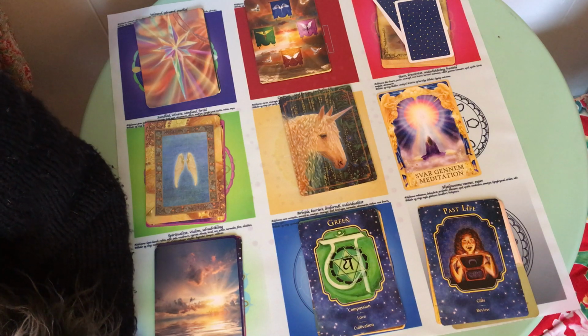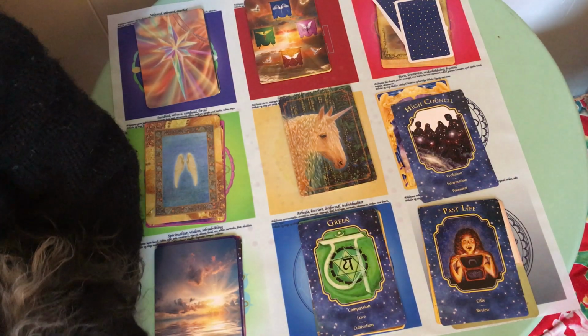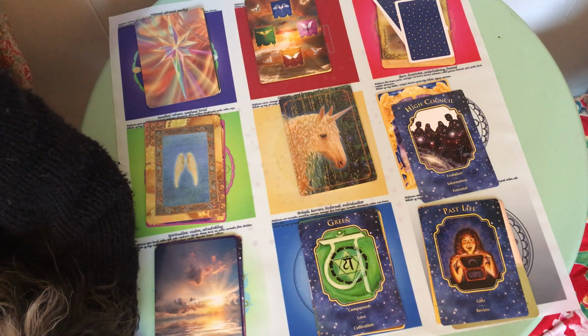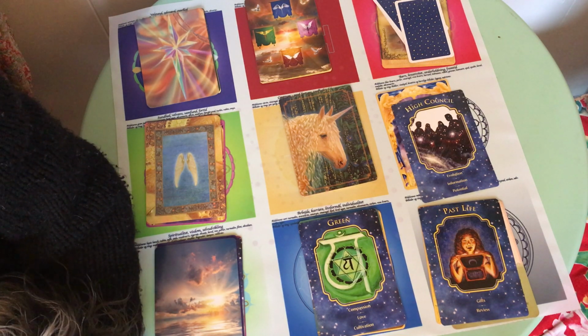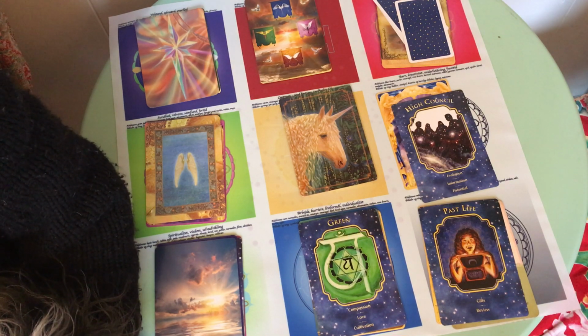Let me see. It's like your ability to channel the love from the universe is growing. And the next card is called the High Council, and I believe also that you are going to channel these messages down in your artworks,